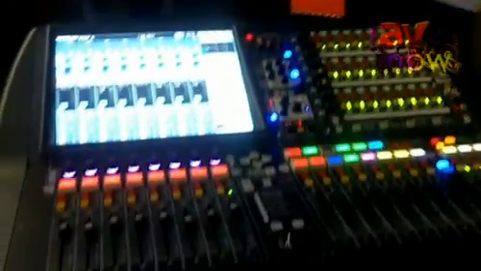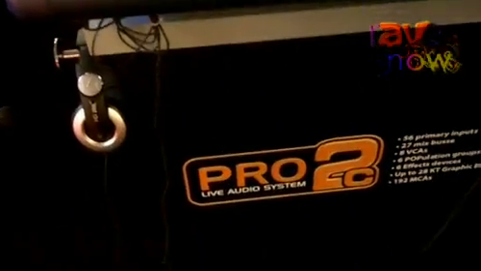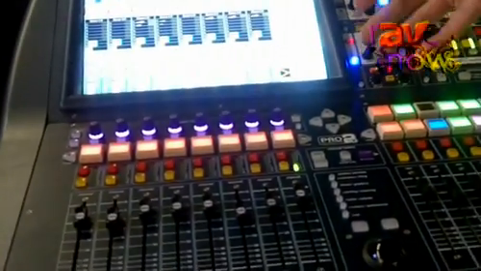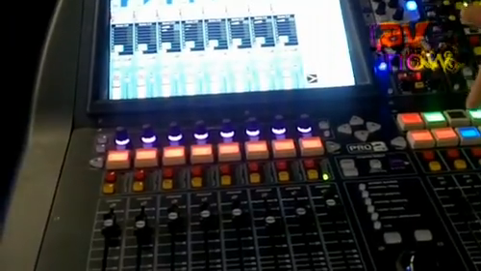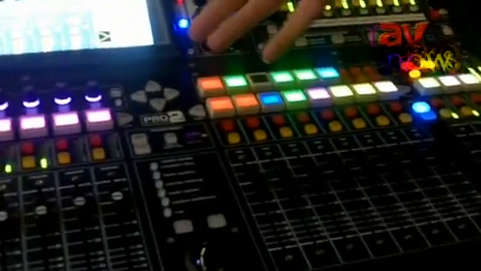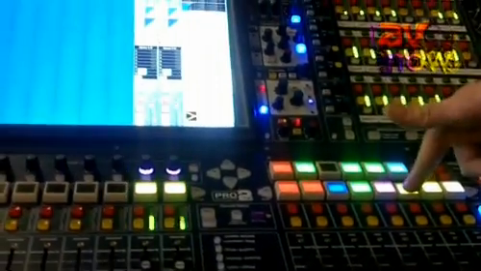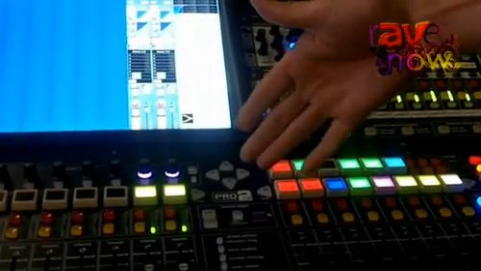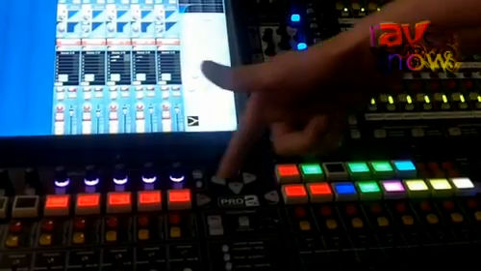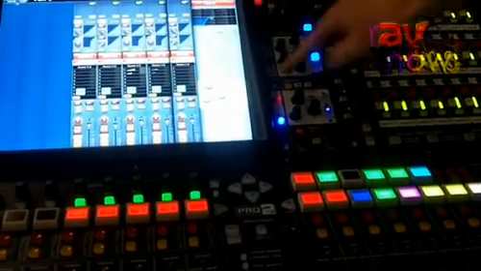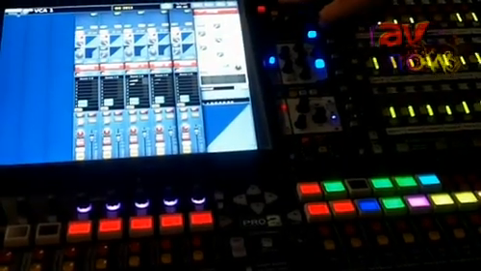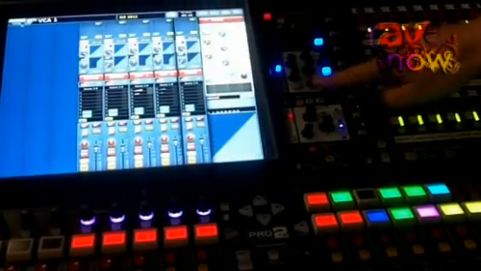Hello there, I'd like to take a few seconds just to show you some of the advanced navigation features on the Midas Pro2C console. Operates very much like a standard Midas console, so to find the channels we need to work on, we bring the channels to us by selecting the appropriate VCA group. So selecting the VCA brings all of the members of that VCA up onto the control surface here. We then select the channel and straight away we're working on whatever it is we need to do with that